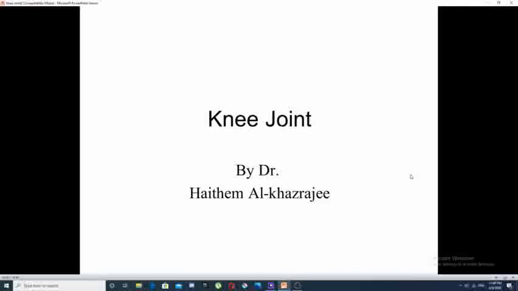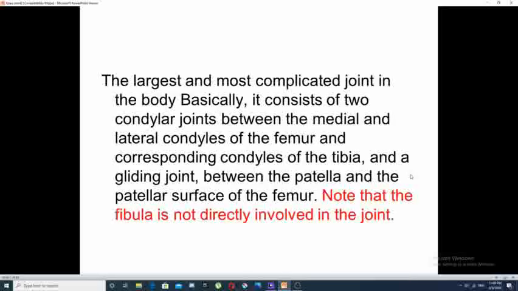Today we will start to discuss the subject of the knee joint. The knee joint is the largest and most complicated joint in the body. Basically speaking, it consists of three parts: